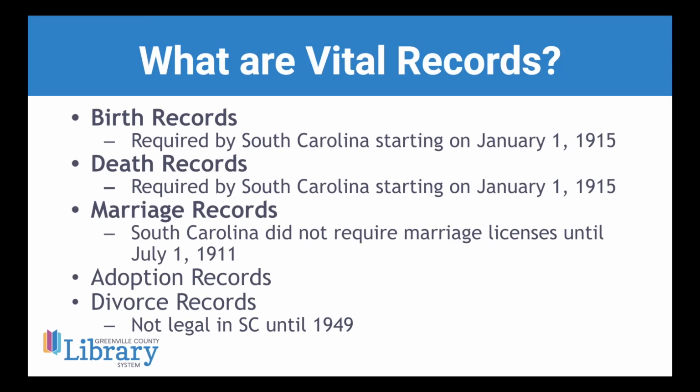And before we talk a little bit more, I wanted to give a few tips up front. When you are searching for records of your ancestor, when you're getting into genealogy, one of the things we always give as a tip is to start with yourself and work backwards. So you're starting with your most recent types of records, and then working your way back from there. It's similar with vital records. You may want to start with the most recent vital record you might be able to find for your ancestor. That would be the death record if they've passed.